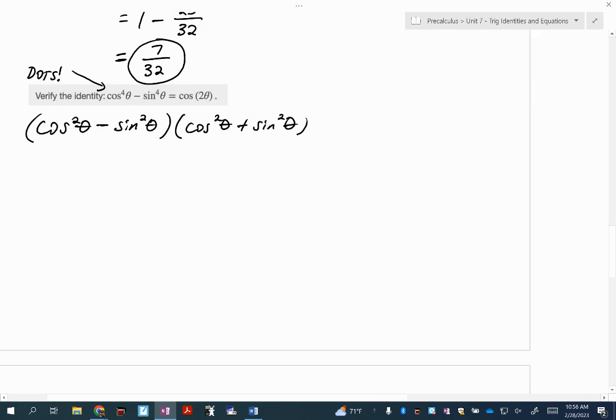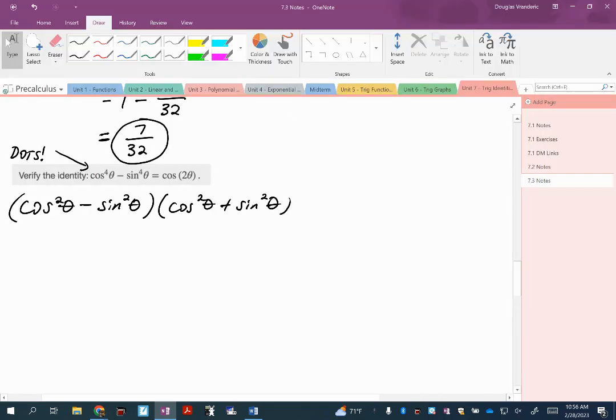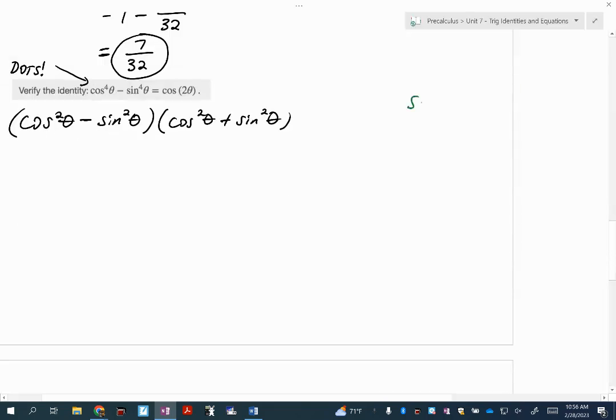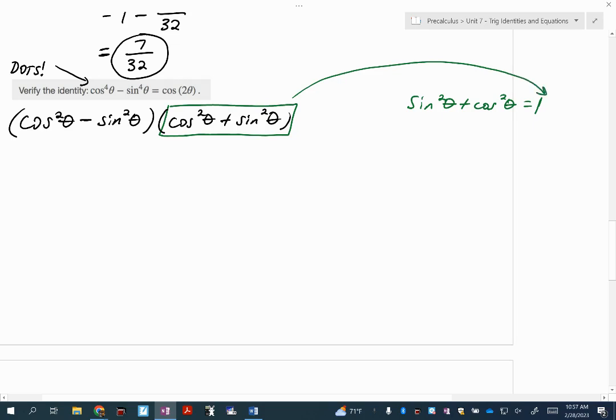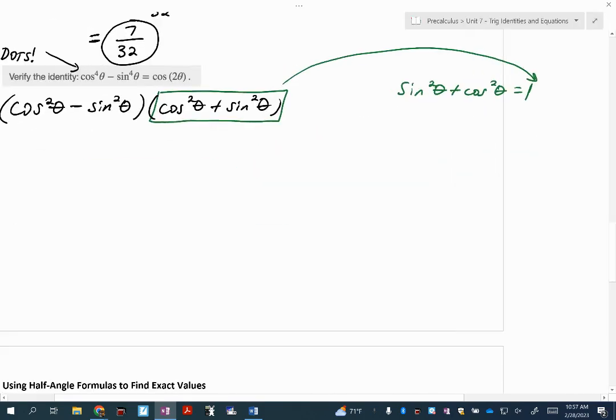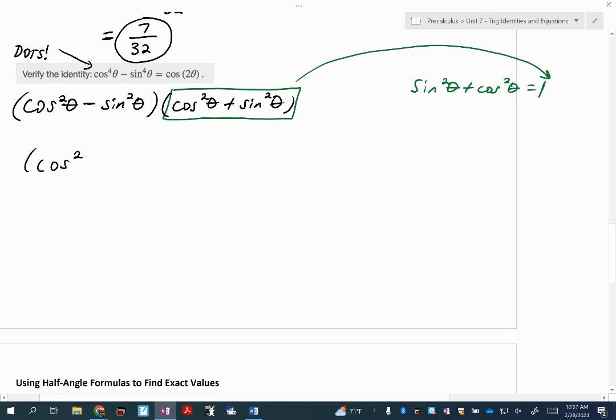And that makes me very happy now, because if you look back at the one we just used before, sine squared theta plus cosine squared theta is one of our Pythagorean identities, which is the same as 1. Even though the order is a little bit shifted because it's addition, which is also commutative, this right here is going to be equal to 1. All right, so now I just get to bring down cosine squared theta